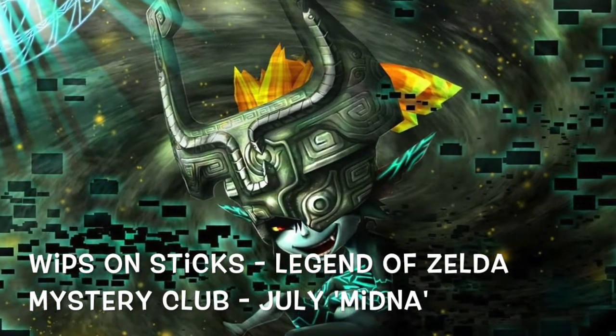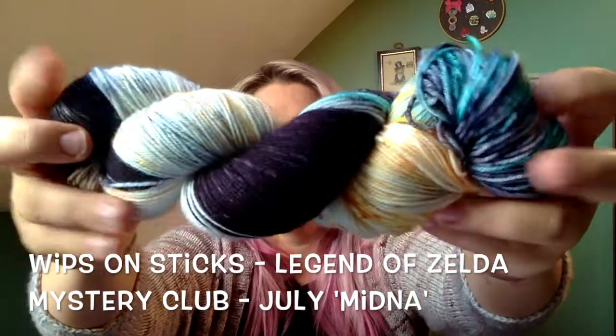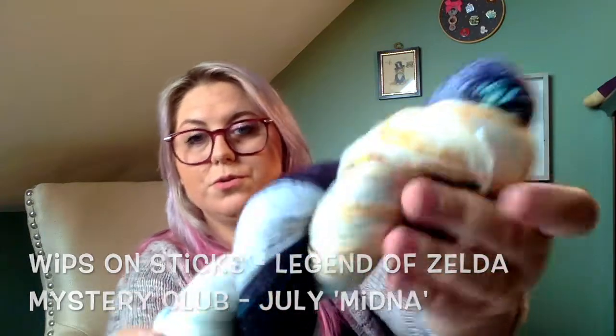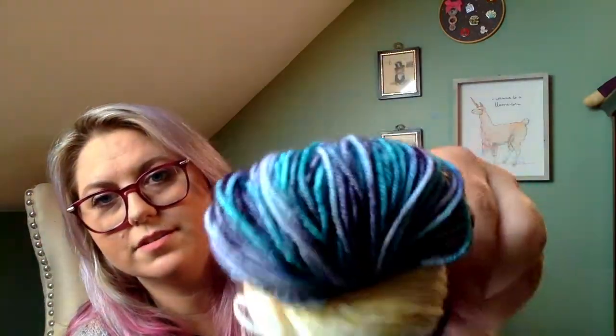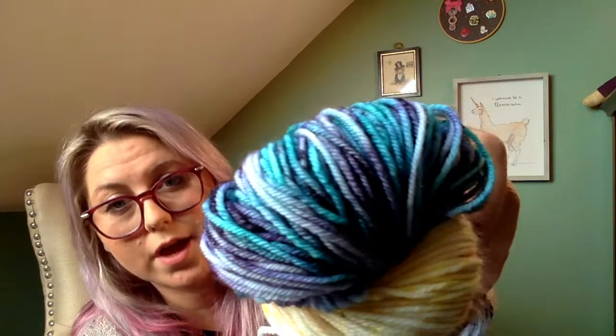And I'll put a picture in. And this is the color. Oh my goodness. I'm really struggling to show on video and in photos how gorgeous this is. You can see that there. You don't really get a good view of that. But there's teals and gray, silveries, these speckles of